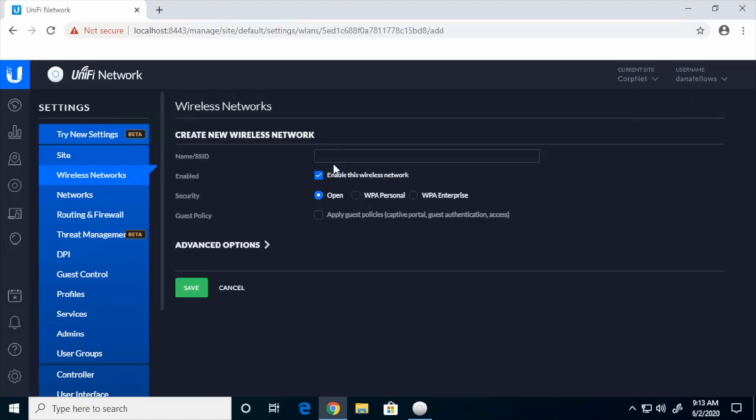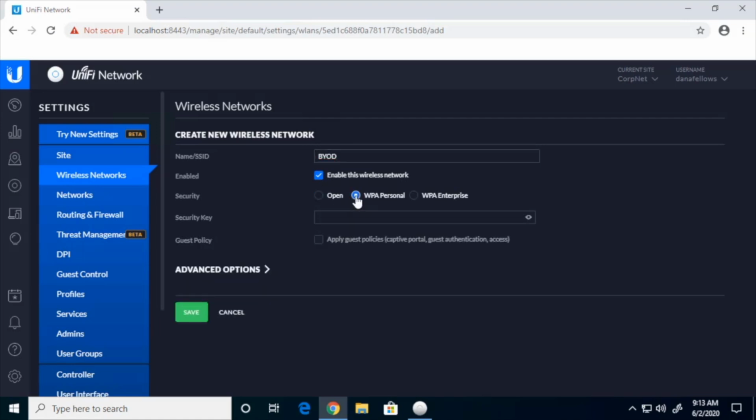The first thing is to give it a name or SSID. For that, I just name it BYOD to stay consistent. I'll leave it enabled. By default, it's set to be an open network. This is probably not a good idea since the traffic won't be encrypted and others on that network could easily have their traffic captured. I'll change this to WPA Personal and put in a security key here that my BYOD